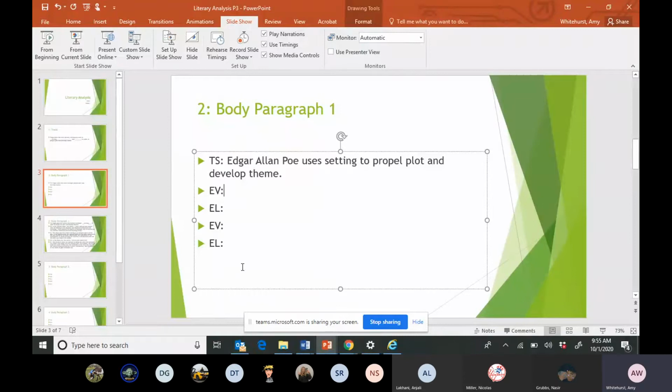I'm thinking of something that the narrator in The Telltale Heart did with the setting, with the house. What did he do? Maybe how he hid the body under the floorboards. I think that would be the perfect piece of evidence. He hid the body of the old man underneath the floorboards, and that directly relates to the setting of the house, right? So we can say, in The Telltale Heart,